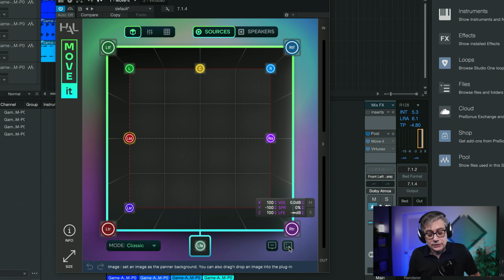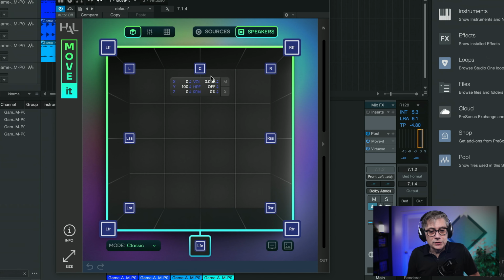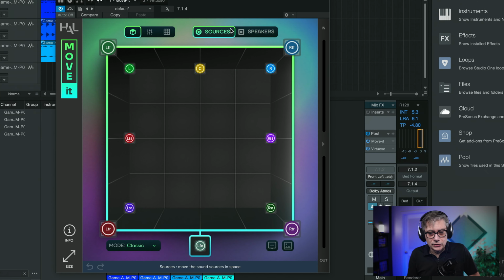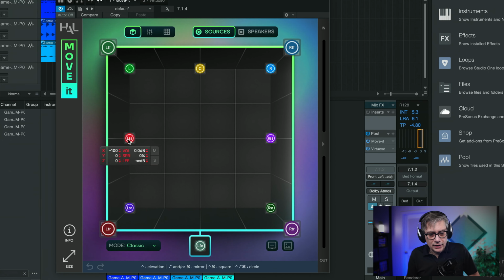And then there's an interesting feature that I'm honestly not completely sure why it is there, but there might be people who actually need that. You can upload an image, probably in order to visualize the room that you're in, if that's something that is helpful to you. The thing which makes this really interesting is that you have the same thing also for the speakers. So you can move the speakers around, or you can move the sources around, and you can do that in a very flexible way.